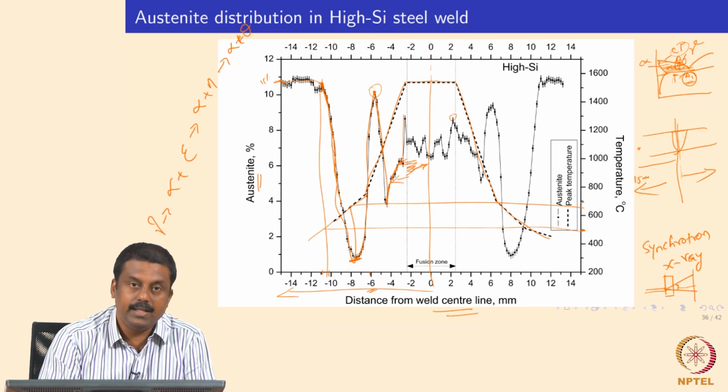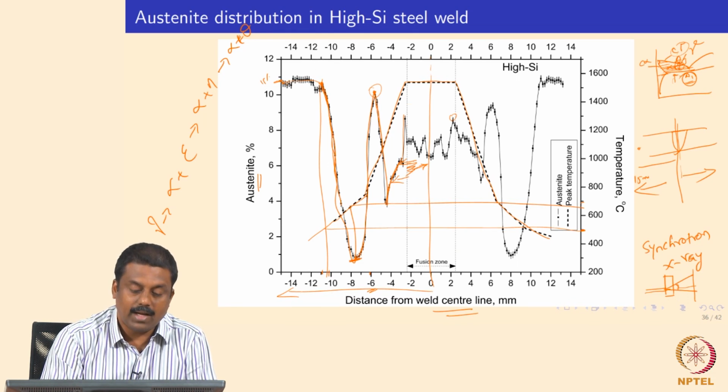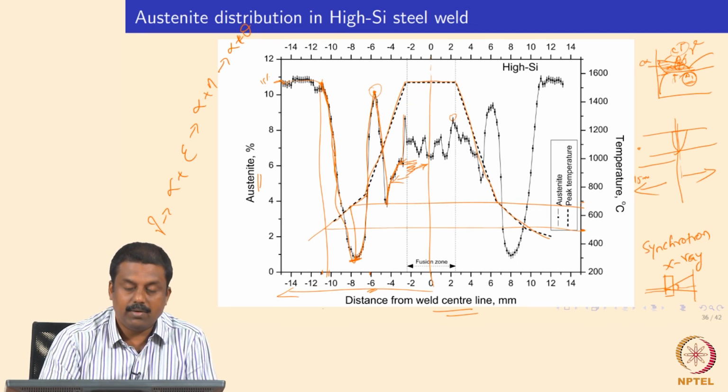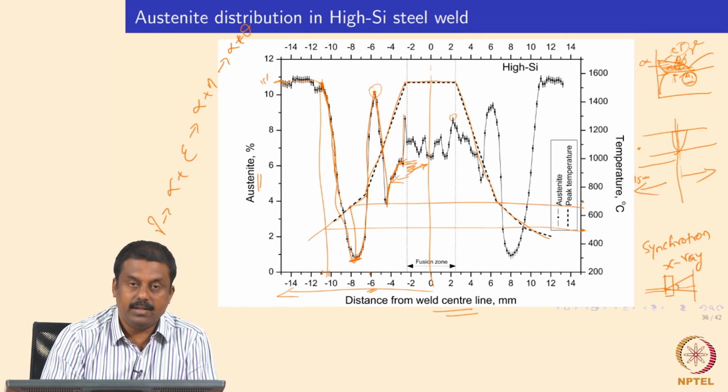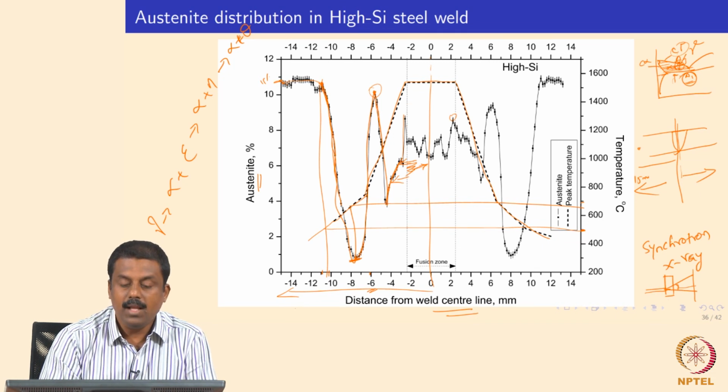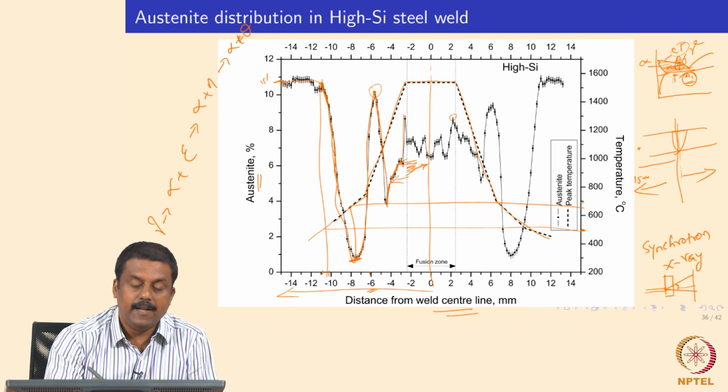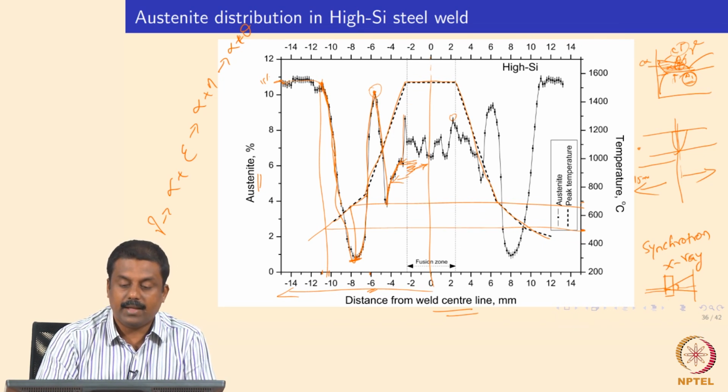Now, we already see a noticeable effect until, in this case, around 11 to 12 mm from the weld centerline. That means that we enlarge the heat affected zone to much larger distances compared to ferritic pearlitic steel. And you should always be careful when you have retained austenite in the microstructure, your heat affected zone will be really broader, and the peak temperature reached during welding would determine the stability of retained austenite, as I already